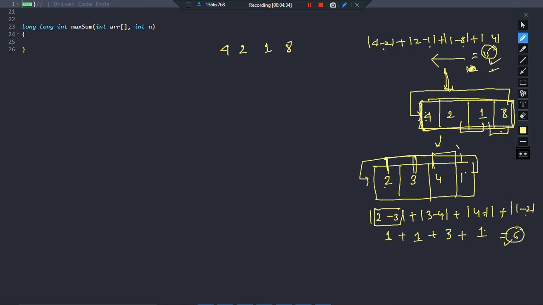Now if you arrange the elements in the sorted order, such that the smallest element is followed by the largest element, the second smallest element followed by the second largest element, in this order you will find that the sum of the absolute differences will be maximum. For example,